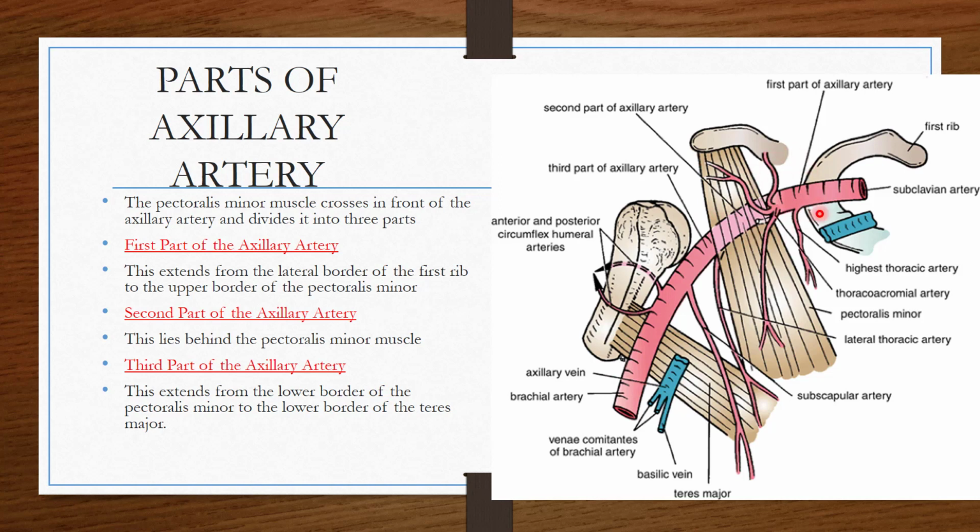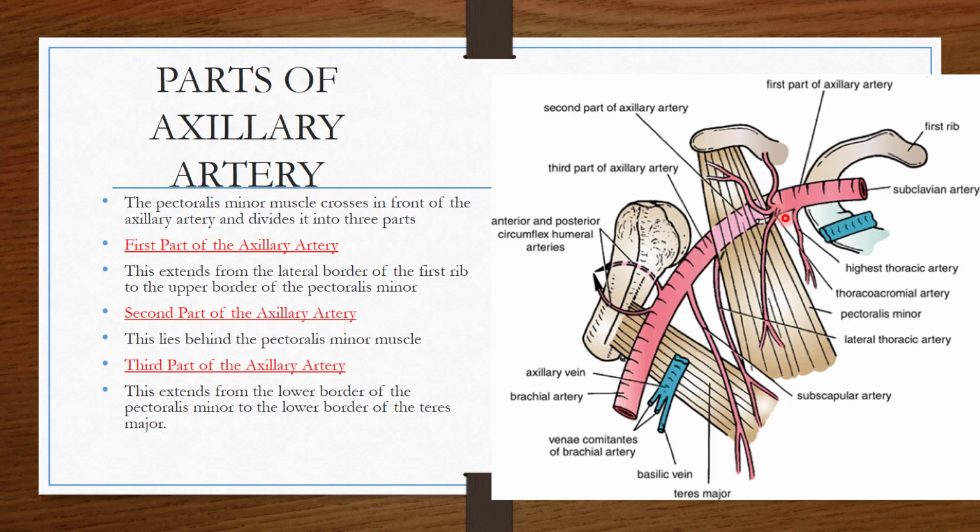So this is the first part of the axillary artery that extends from the lateral border of the first rib to the upper border of the pectoralis minor muscle, a very small part. See here, this is the small part of the axillary artery, which is the first part. It starts from the outer border of the first rib and it will end at the upper border of the